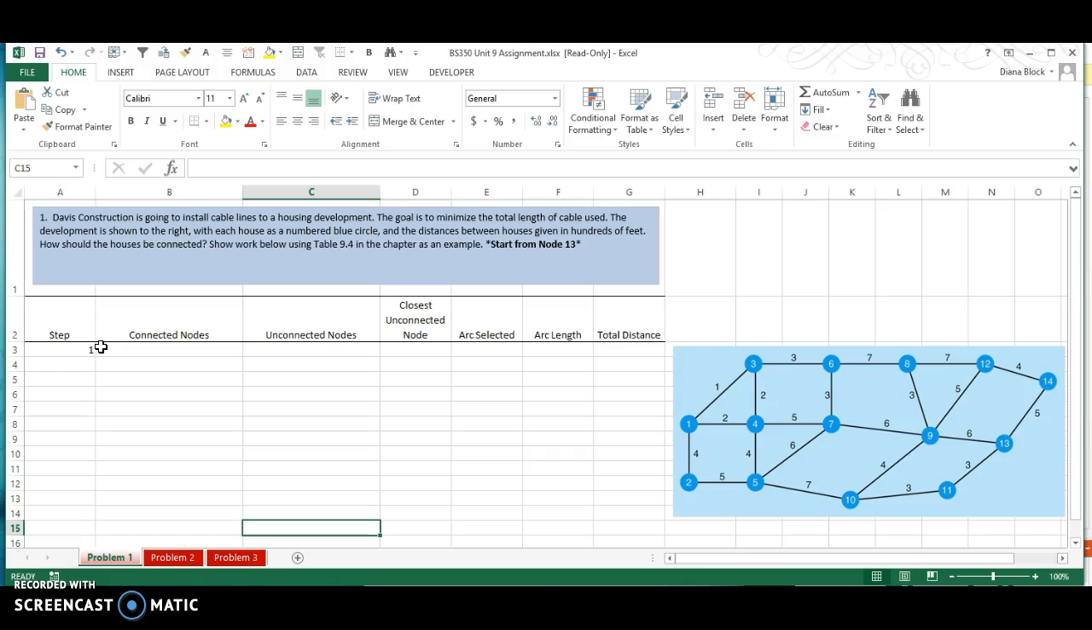So with this problem, you're going to go step by step, and you are told to start off with node 13. So we're going to start with node 13 here, and then we're going to follow the steps of a minimal spanning problem to connect all of them. So I'm going to refer you to your textbook. I've got page 339. It's figure 9.6 is on that page, and right above that it has the 4 steps